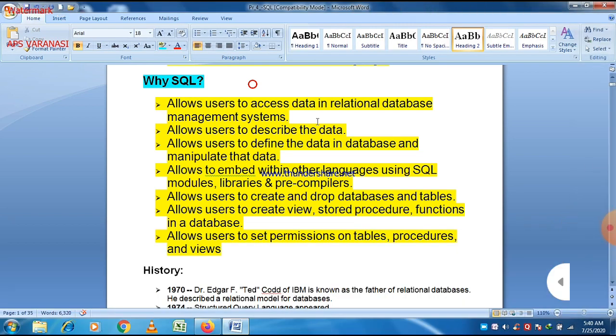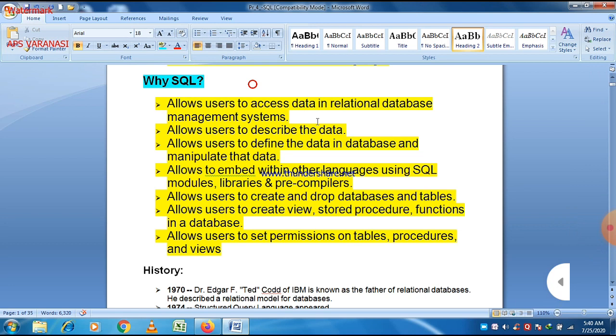SQL allows users to access data in a relational database management system. So using SQL we can retrieve data from a database. That's why we use SQL, because without SQL we cannot retrieve or manipulate the data from a database. And second, it allows users to describe the data.